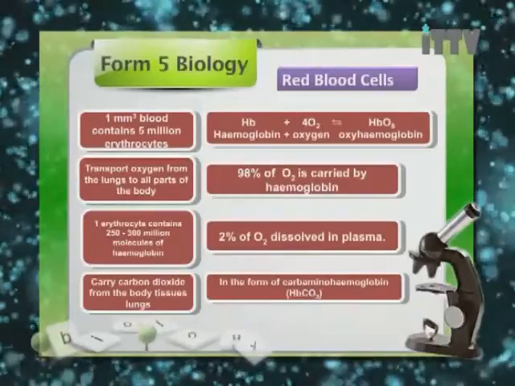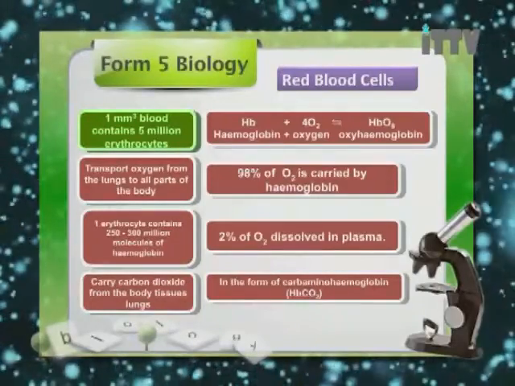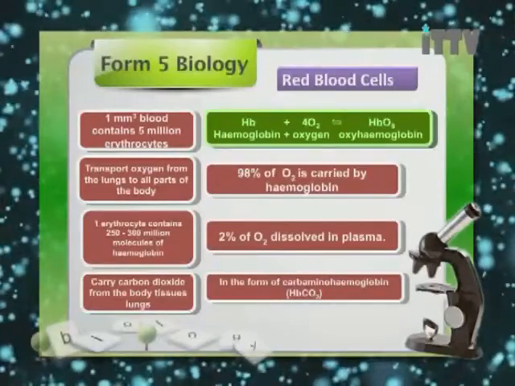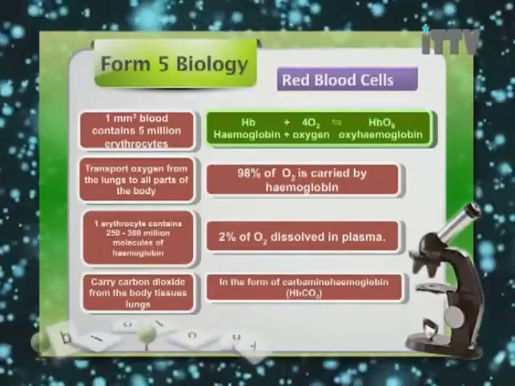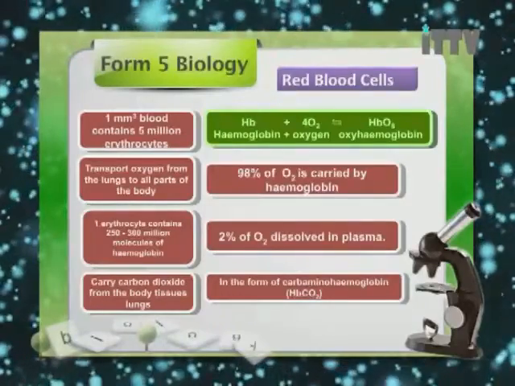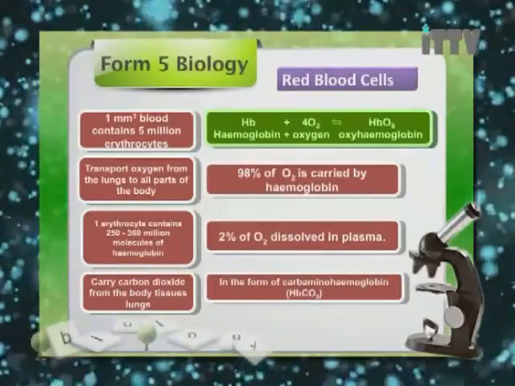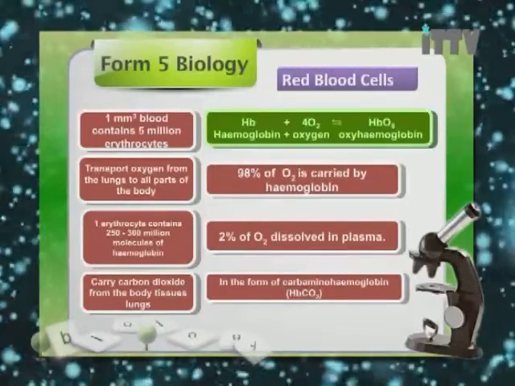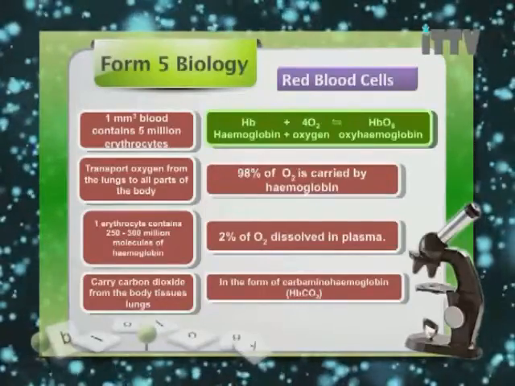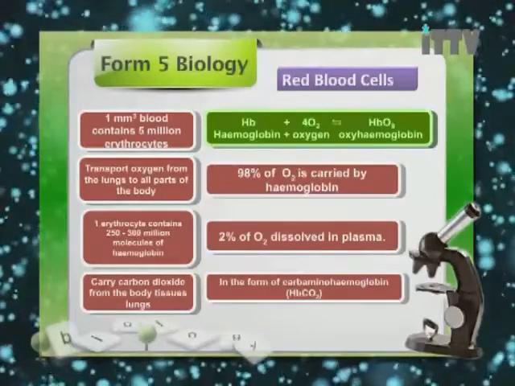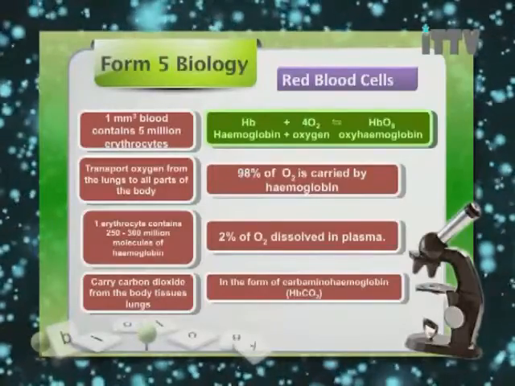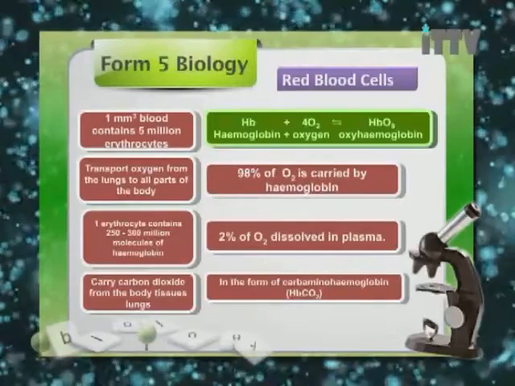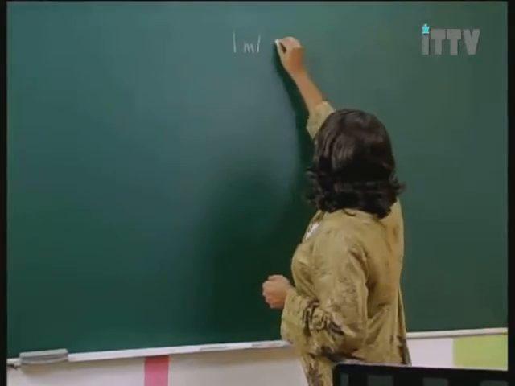Now, in this diagram, we will see that a cubic millimeter of blood contains 5 million erythrocytes. And you can also see that a single hemoglobin molecule can carry 4 oxygen molecules. Hence, it forms oxyhemoglobin, whereby it can carry 8 oxygen atoms. Now let us do a simple math just to see the versatility of our red blood cells to carry so many oxygen molecules. 1 milliliter of blood